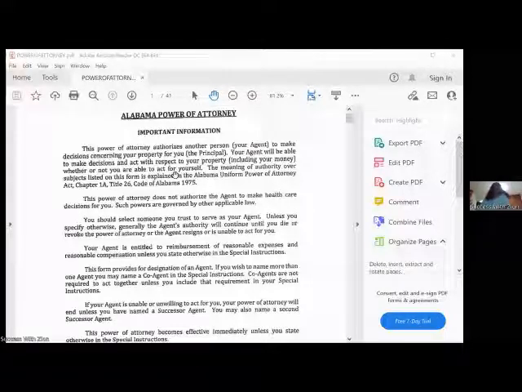It says limitations on agent's authority. An agent that is not my ancestor, spouse, or descendant may not use my property to benefit the agent or a person to whom the agent owes an obligation of support unless I have included that authority in special instructions. So limitation of power, except for any special instructions given herein to the agent to make gifts, the following shall apply. And when you print these, you can always browse through it if you want to learn more about reading that. And here's some more special instructions: relation of attorney in fact to healthcare agent.